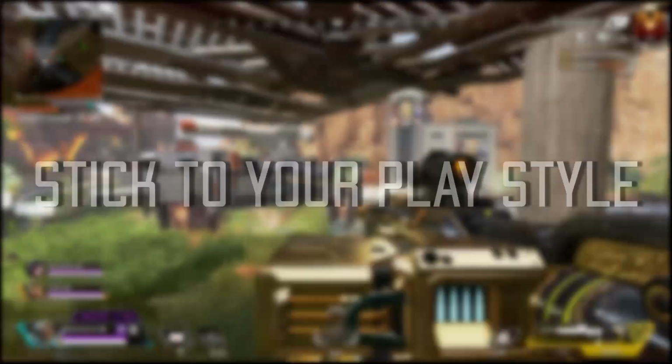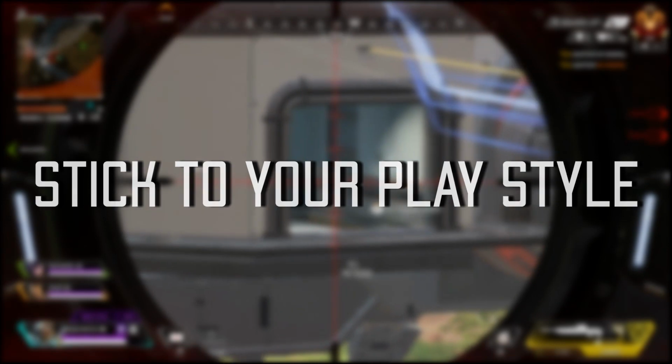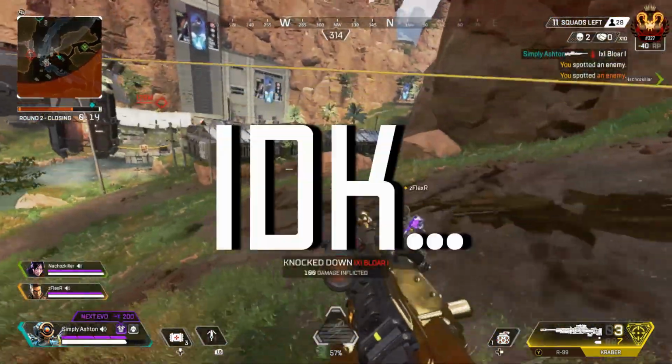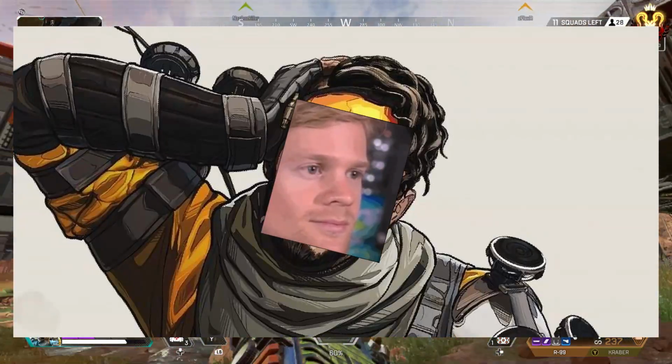That is that. Coming back to that playstyle, guys, we need to make sure we stick to that playstyle in the game. That means if you have a Caustic and a Gibraltar and a Watson, or a Wraith, Pathfinder, and, I don't know, Mirage for example. I don't know why you'd play Mirage in ranked, but some weirdos do. Anyway,